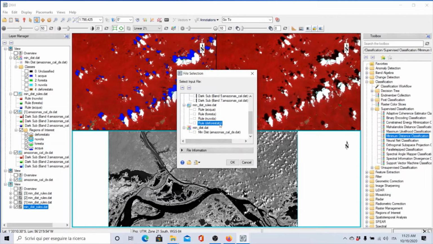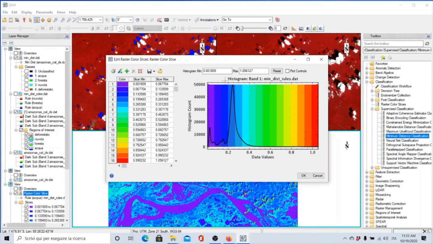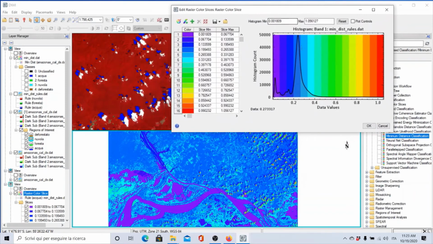You see, if I select the rule water in this case and select the density slice, you see here in violet I have that peak, and using the rule image, I can extract the water, from 0 to